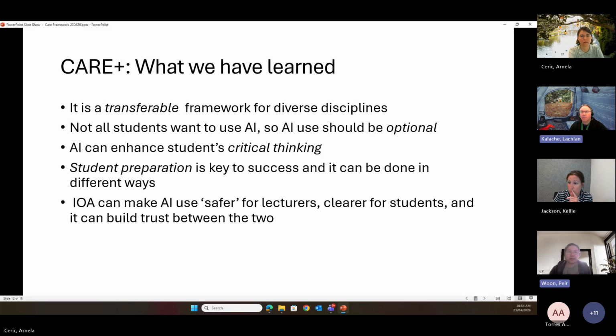But there is a clause in the assessment which makes it really clear that they submit work that belongs to them, and use of AI is part of that process. I'm not sure that answers some of the questions, but